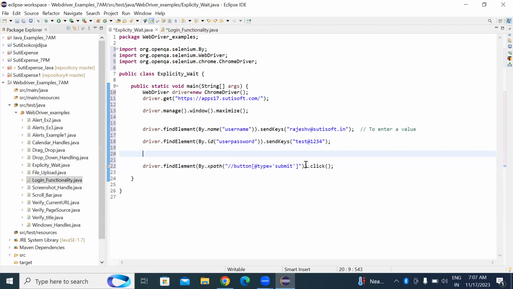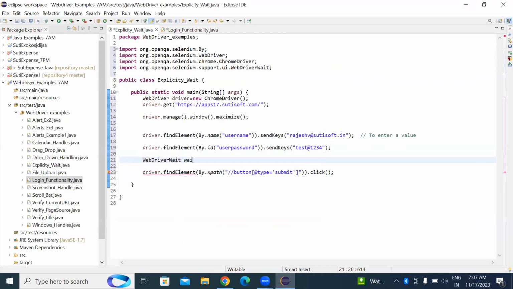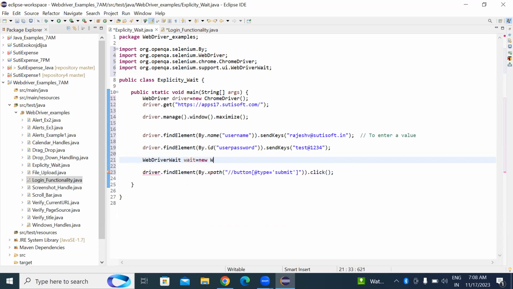That is one of the methods. Is explicit wait directly available? It is not directly available. At that time, we have to create one more object like WebDriverWait. WebDriverWait equal to, you can give any reference, guys. You don't have to give that specific name. WebDriverWait equal to new WebDriverWait of